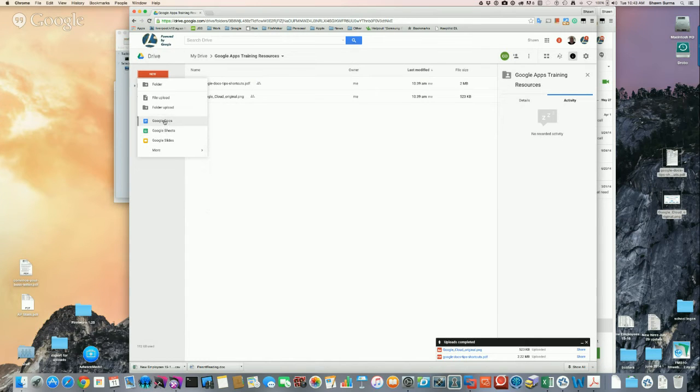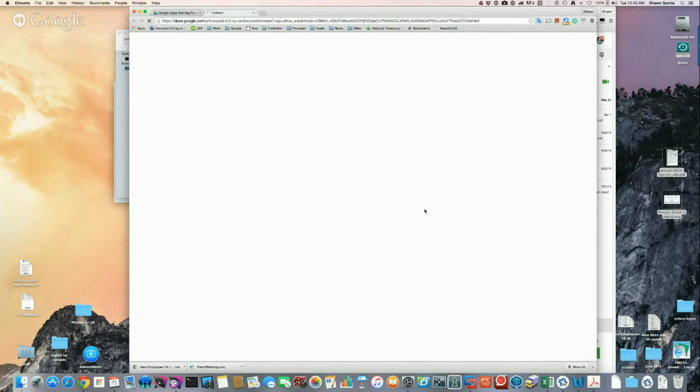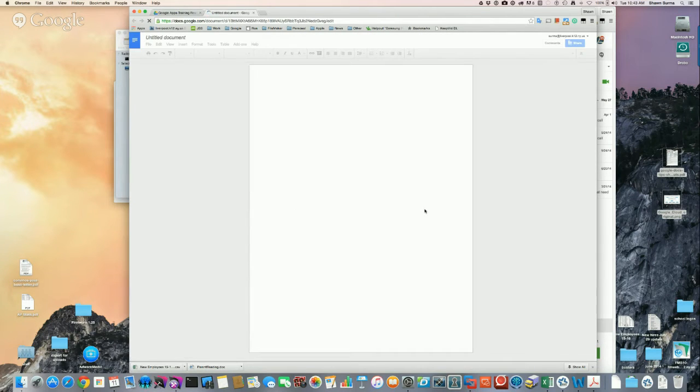If I want to create a Google Doc, it'll create it in the folder that I'm at. So it's saying create in a shared folder, because I've created this folder and I've shared it, and you saw me a little while ago share it with Chris. So this is saying that this item will be created with those same permissions. You can say, oh, sorry, I didn't mean to do that, or yes, I want to do that. So when I click OK, it's going to open up a window and show me